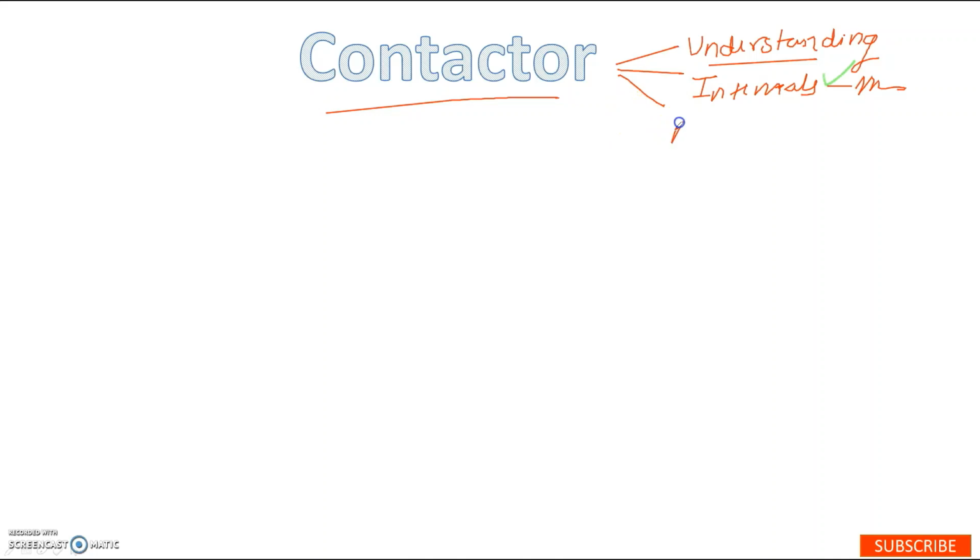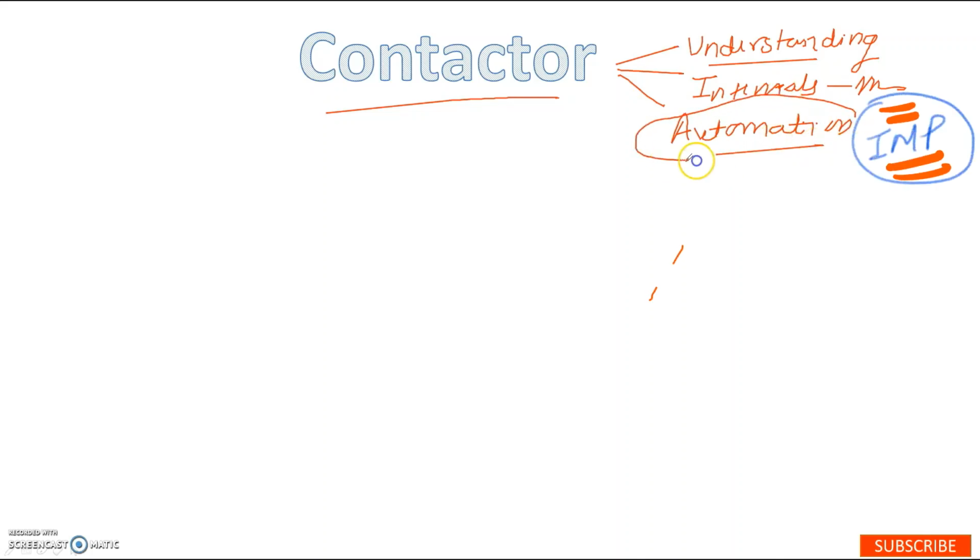So welcome to a new video about the contactor, and this video is divided into three parts for easy understanding. The first part will be about understanding what a contactor actually is, looking at the visual look of a contactor, how it actually looks. The second part will be about the internals, how the coil is and how a magnetic field is generated and all those things. And the third part, the most important part, towards the end of the video I'm going to cover the automation industry, how it is actually used in automated plants nowadays.